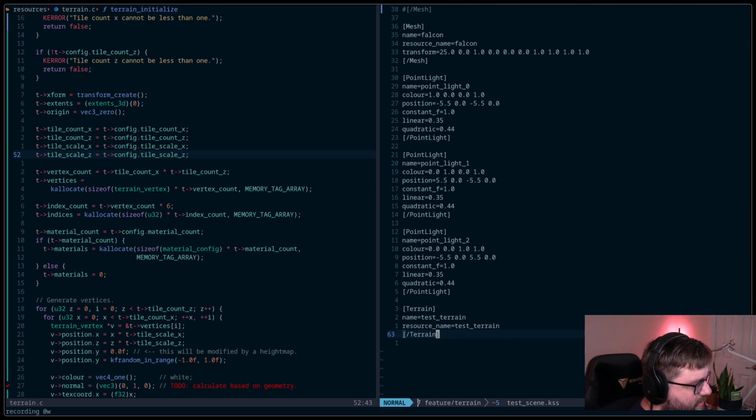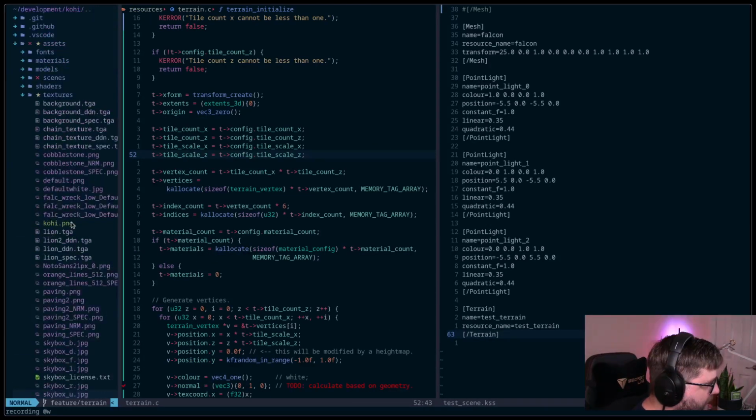And so the human readable format would be what we're going to generate now, which will eventually also be generated by an editor. And then the editor will generate one of those and then load it, or just generate it in memory and not even bother with the load, right? I'm thinking that's probably going to be the best way to handle this. So we already have a resource name here of test terrain. So I guess what that really means is we need to actually go